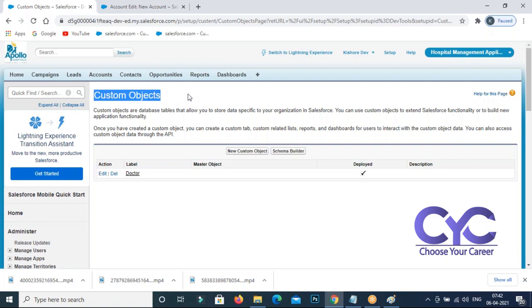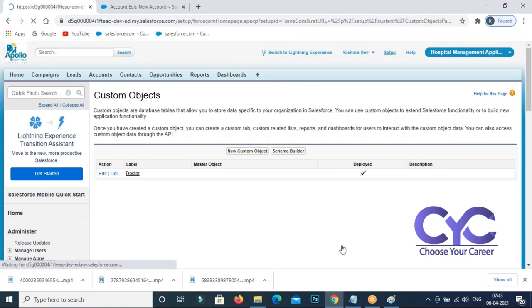It's only a custom object. One object is created, but the tab is not there. Got it? I need to set up a tab for my object. Why should I set it up? If I want to access that object which is in the Salesforce database, as I showed in the diagram, on the interface you need to set up a tab for this object. Please open your diagram if you have it. So I need to set up a tab for my object here.